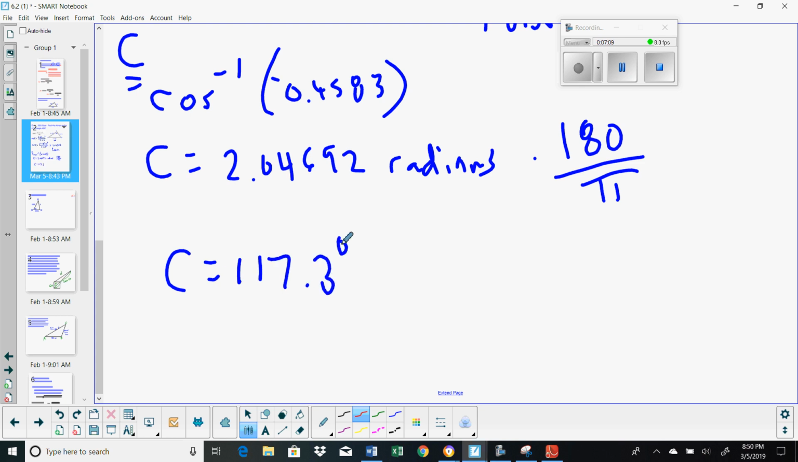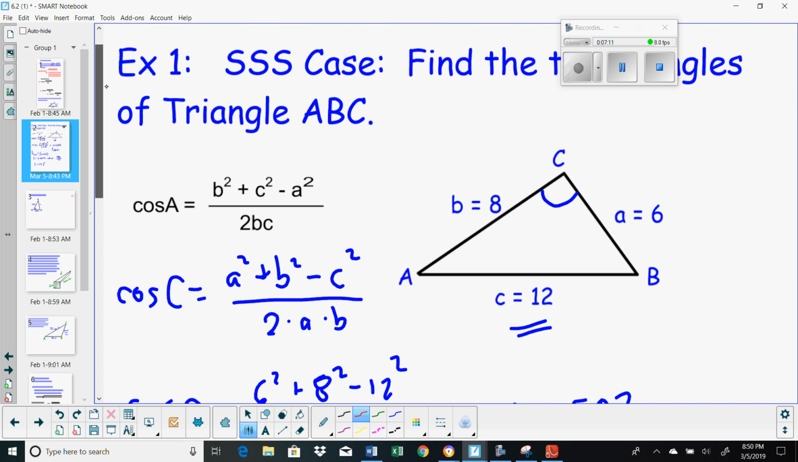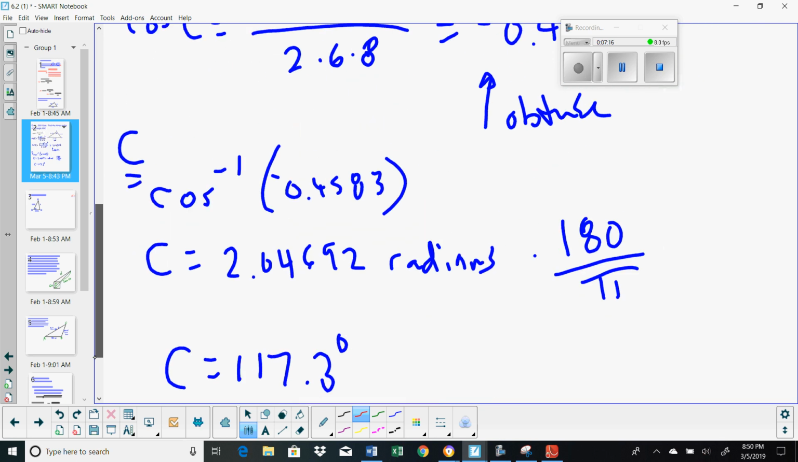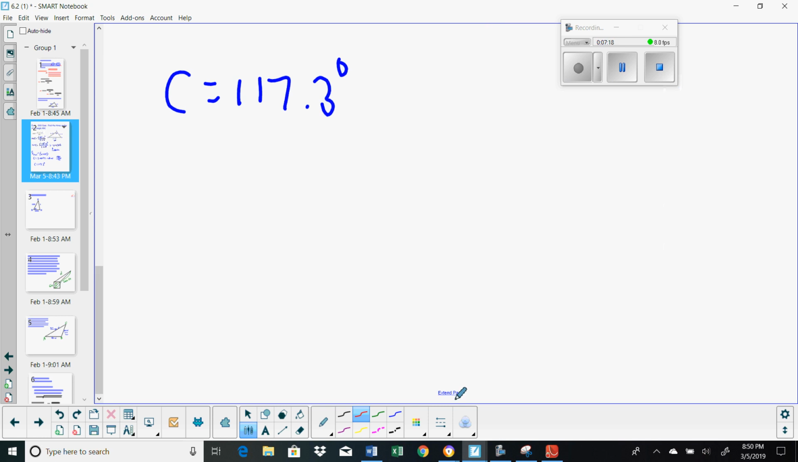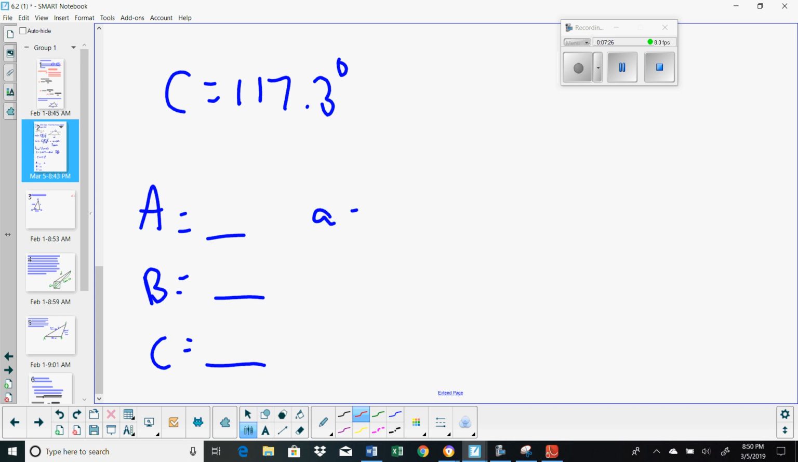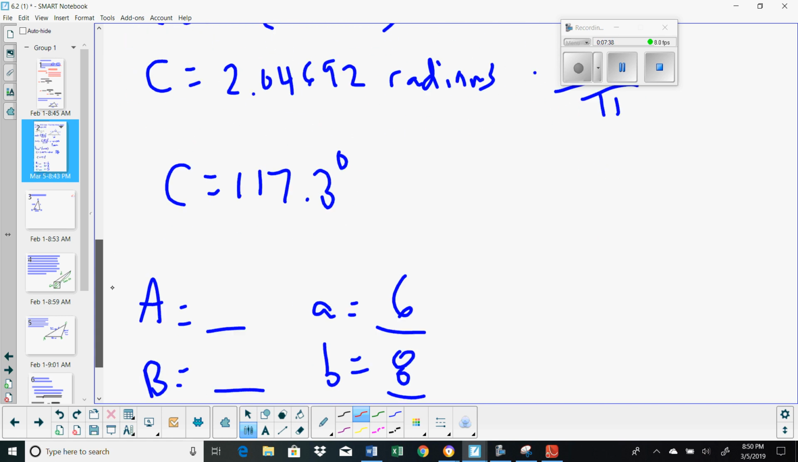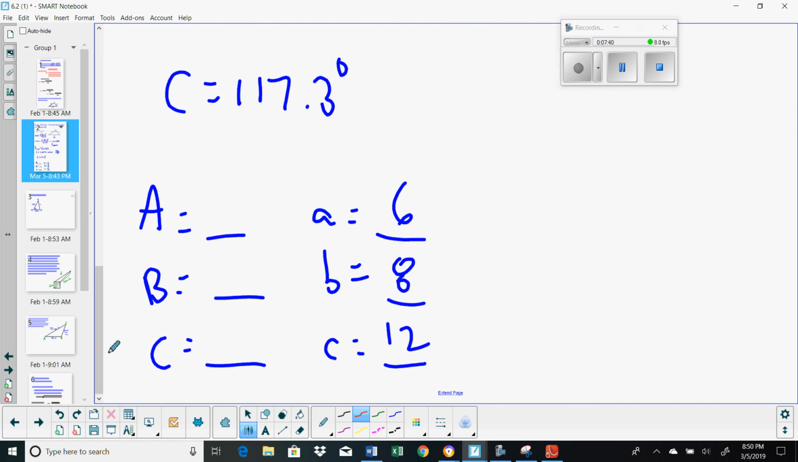All right, now that's great. Let's take stock of what was given in this problem and what we know. In this problem, we did one of these kind of setups. Angle A, we don't know. Angle B, we don't know. Initially, we did not know angle C, but we did know the 3 sides, right? We did know that A was 6, B was 8, and C was 12. I think that was right. Yep. And then we're trying to find angle A, B, and C, and we just found angle C to be